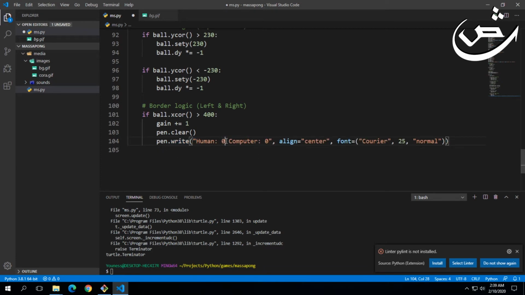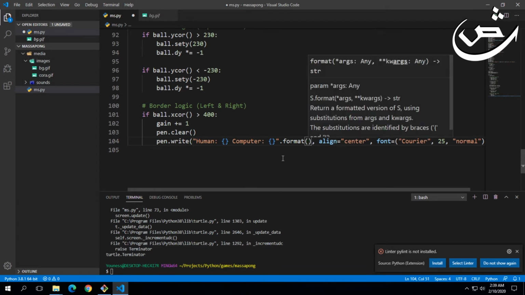So human, instead of 0, it's going to be 1, right? We'll remove that 0 and place a placeholder, and then whatever score here, this is just a placeholder, and then what we need to do is dot format,